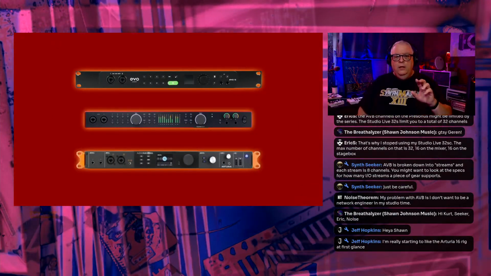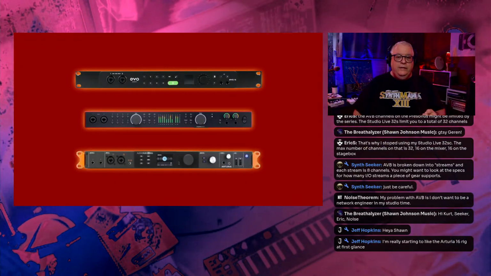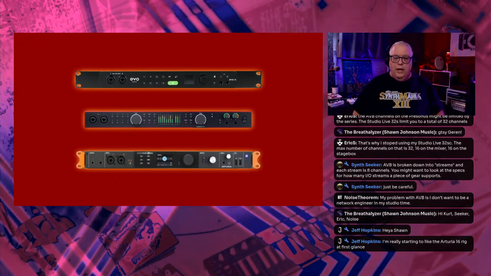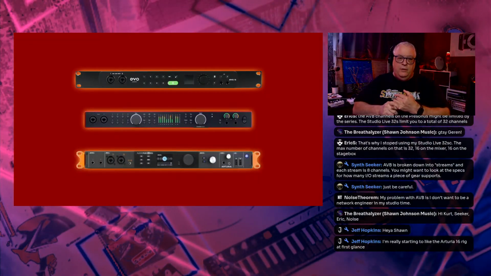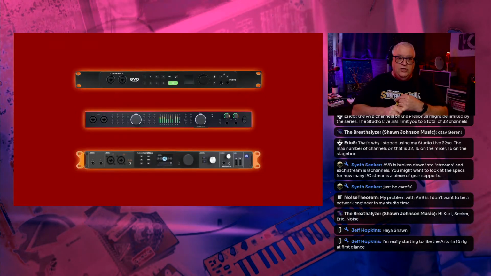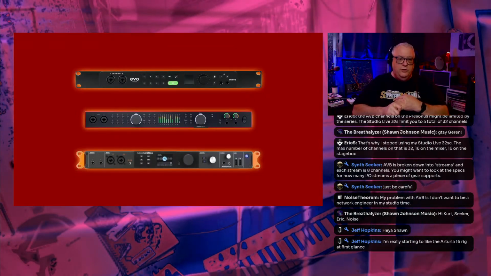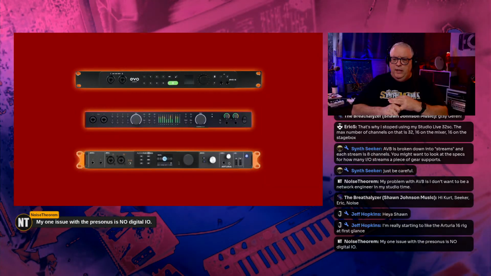The 16 rig, so yeah, the Arturia. I don't have a graphic for just the Arturia. The Arturia is pricey, but it's really ideally made for a synth studio. It's got 16 line level inputs, 2 of which appear on the front as combo jacks, as well as TRS plugs on the back. So for someone like me,